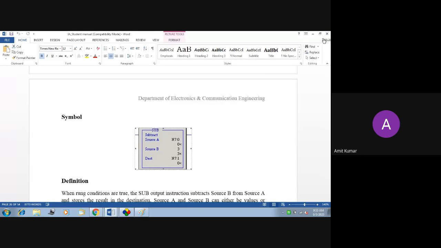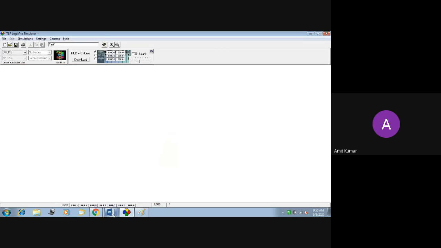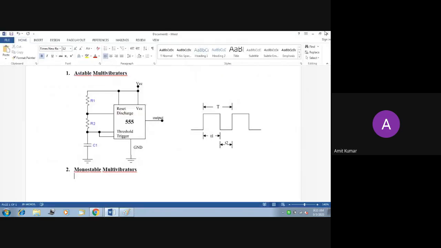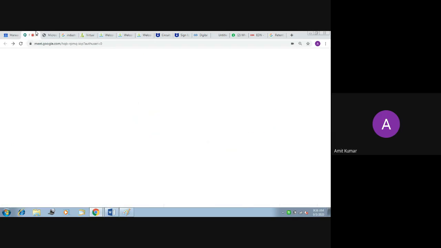So now you can go and complete lab 4, and you can submit it today. तो अगर कोई डाउट है तो आप पूछ सकते हो, otherwise I have given the file to you, so you can complete that file. किसी को दिक्कत है कंप्लीट करने में? आपको सिर्फ एक एक स्नैपशॉट्स लगाने हैं, one snapshot for T off timer and one snapshot for retentive timer, and you have to explain the operation, ये वो क्या कर रहा है. Maximum 4 lines, don't exceed that, and then you have to write the conclusion.